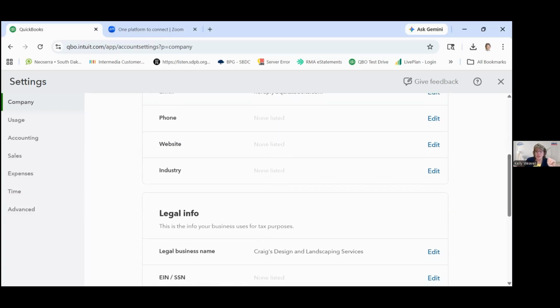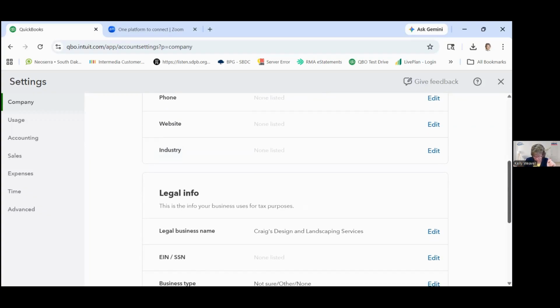The industry really helps them suggest things for you. So if you open QuickBooks and you choose an industry and you want QuickBooks to set up your chart of accounts, that chart of accounts is going to be created specific to that industry. If you're in the middle of doing a transaction, sometimes you might get a pop-up that says, this is recommended. It'll give you some recommendations on how to proceed with something based on your industry. So just know that that's there.